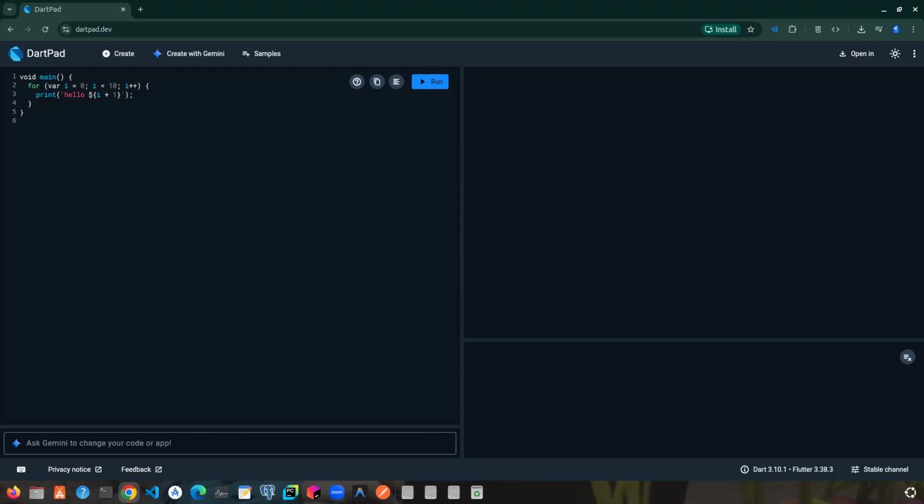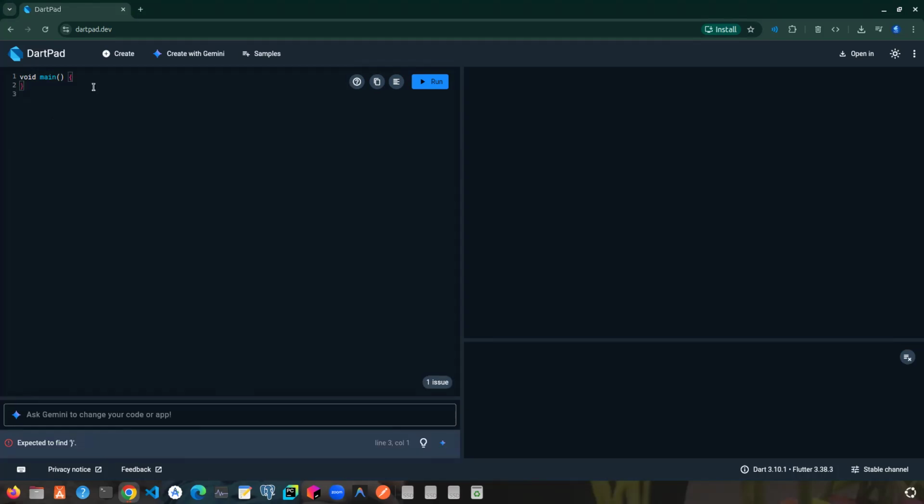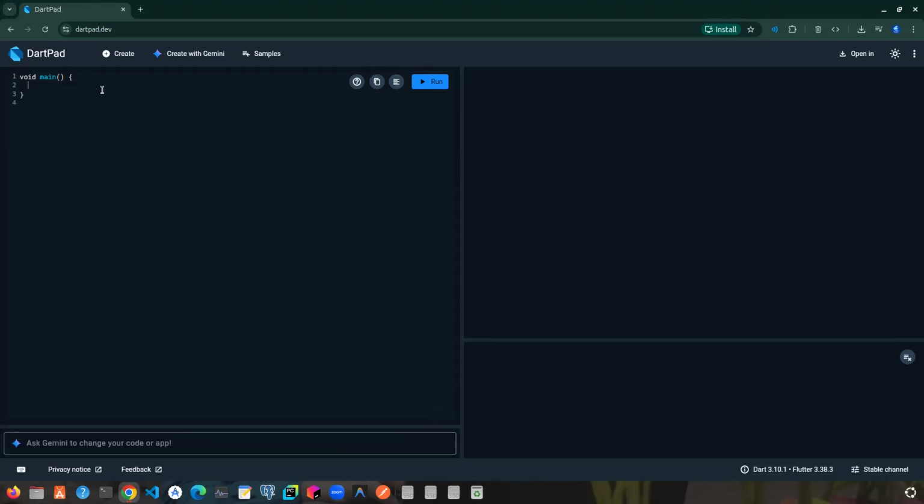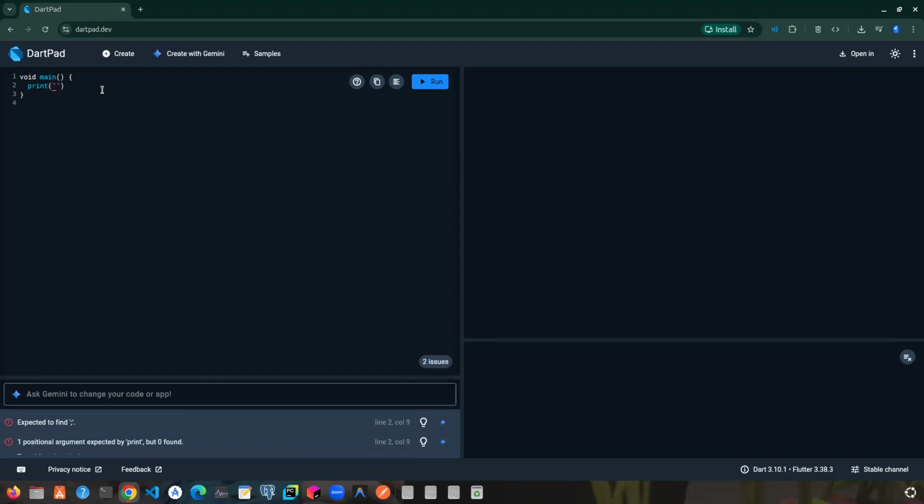So, if we want to test our first code, we want to print hello world. Before that, I have to say that every programming language starts with the main function, where the code will be executed. So, if we want to print hello world,